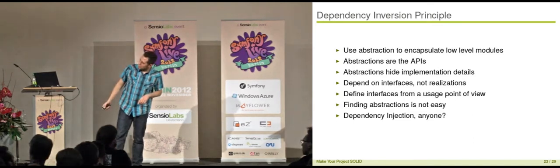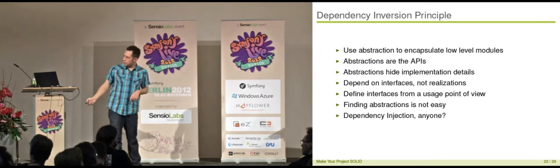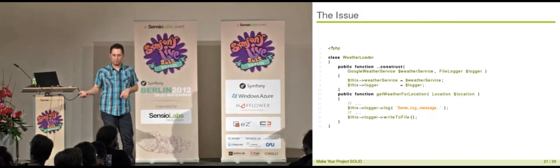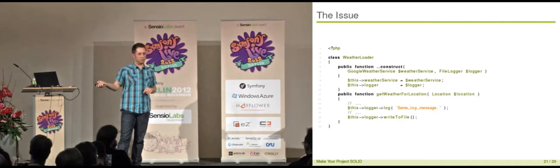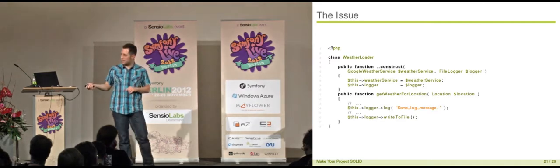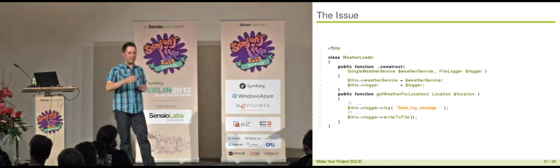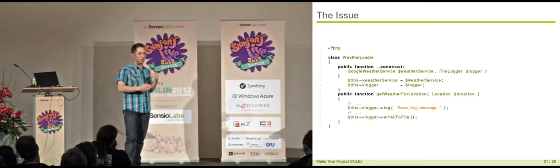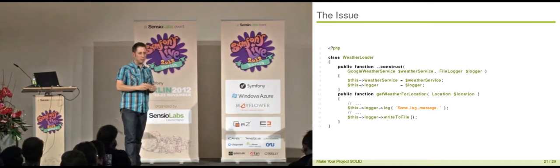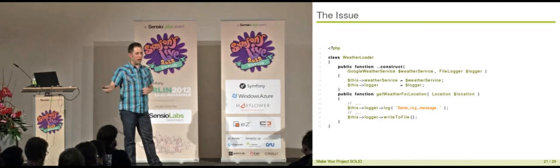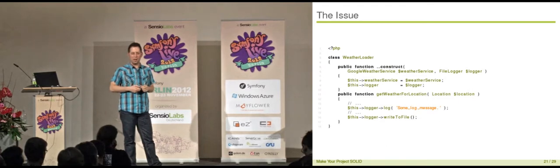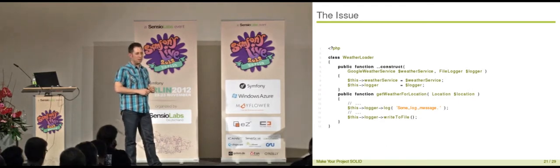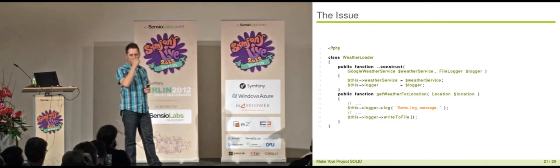Also, if we jump back a little, if we have this write-to-file method below here, and we want to implement a new logger for a database, we would instantly need to violate the Liskov substitution principle. Because what we expect from that public method write to file is that everything is actually written. So if that method concluded, we are sure that stuff is written. If we have a database and we want to encapsulate every insert statement into a transaction, then stuff is already written way before that. So we cannot really ensure that this write-to-file method does what it wants.